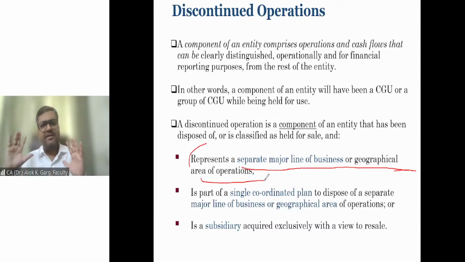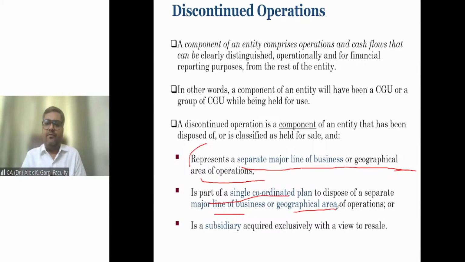I will discuss what is the additional presentation and disclosure requirement, right? So what is a discontinued operation? It is a component of an entity which represents a separate major line of business or geographical area of operation, or it is a part of a single coordinated plan to dispose of a separate major line of business or geographical area of operation. For example,